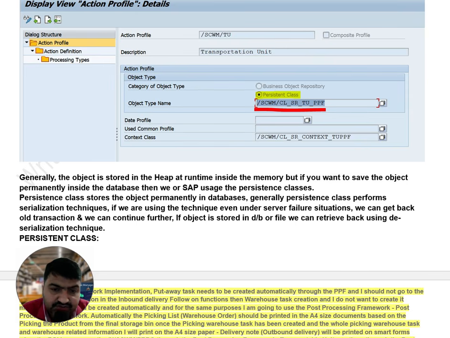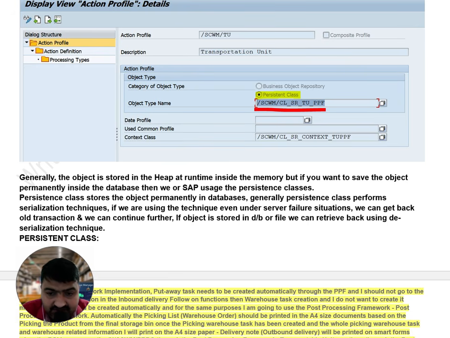This point you will not find anywhere, which I mentioned. Generally the object is stored in the heap at runtime inside the memory, but if you would like to save the object permanently inside the database, then SAP uses persistent classes. Persistent classes store the object permanently in the database, and generally a persistent class performs a serialization technique. If you use this technique, even under several failure situations, we can get back all transactions and continue further.